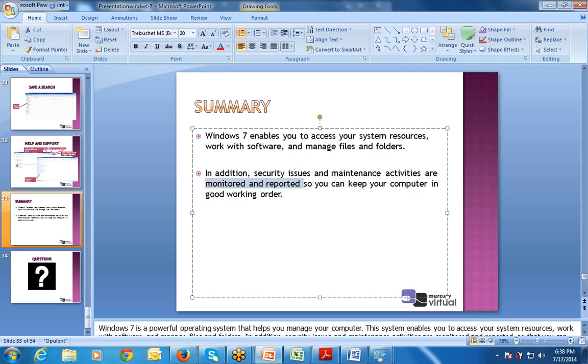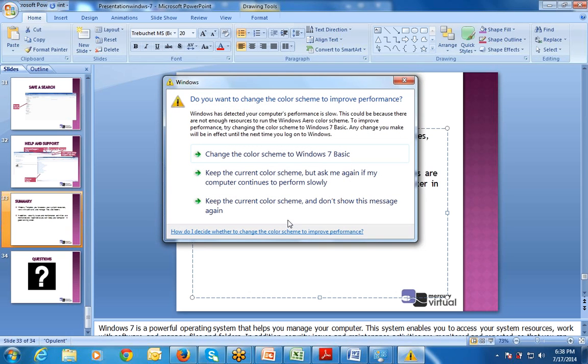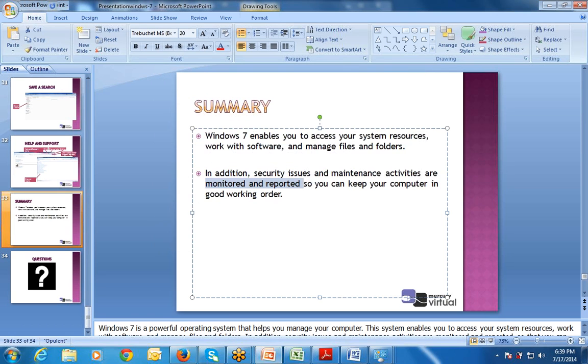For example, if someone hacks my system, that report is given to me with the help of the Control Panel, which is a part of Windows. It means if someone wants to access my system in an unauthorized manner, this can be prevented by Windows Defender. If I activate Windows Defender, it can easily remove the unauthorized access from my system. So you can keep your computer in good working order.